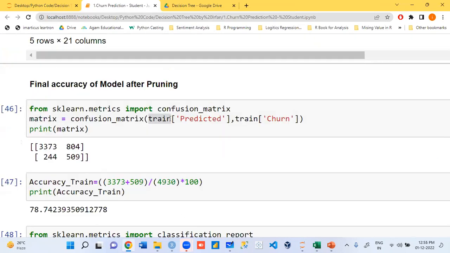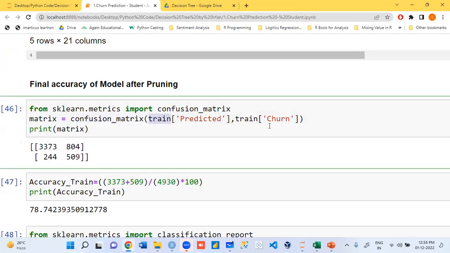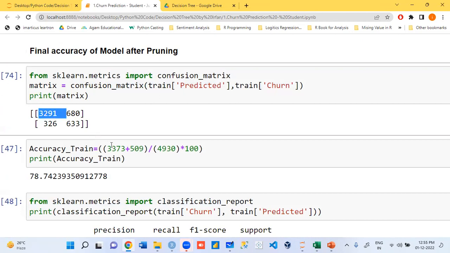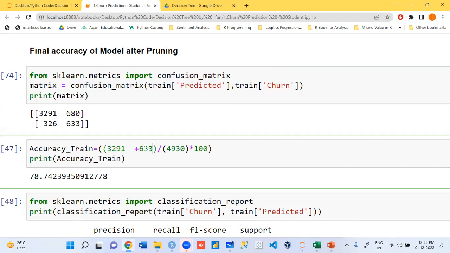Now I have to make a confusion matrix for train data, with predicted and actual. The numbers get modified. How much?